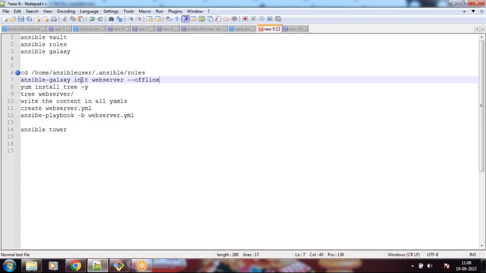What is this command? ansible-galaxy init webserver --offline. If you mention this offline option, it won't download any content, even if there is any content for webserver in Ansible Galaxy. Let's say, for example,